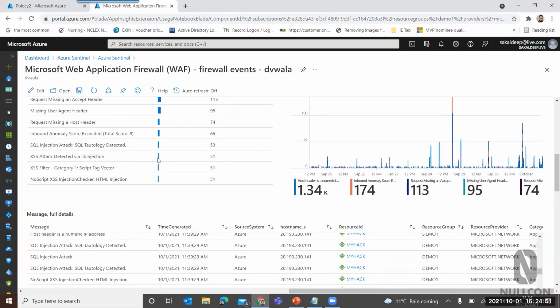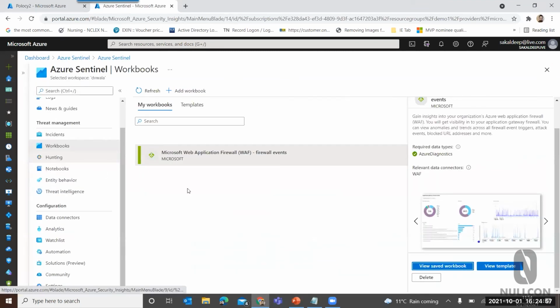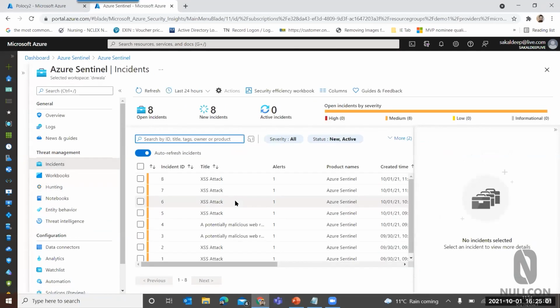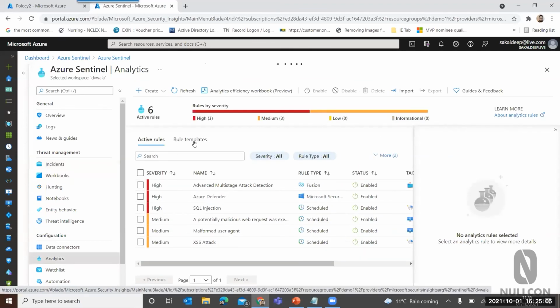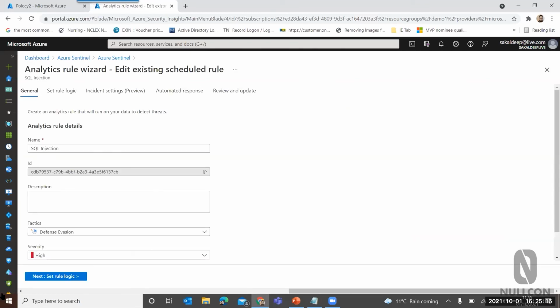I'm going back again. So if we go to the incident, we are getting all these incidents here, but how are we getting them? For that, we have to apply some kind of analytics here. So I have applied analytics. There are some templates, and we can also create a new one. I have created our own, for example, Sql Injection. If I go there, what I have mentioned here,